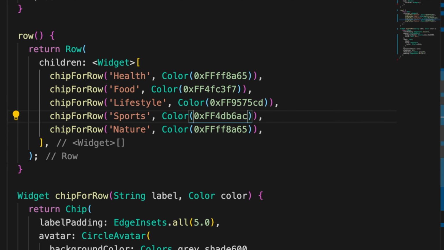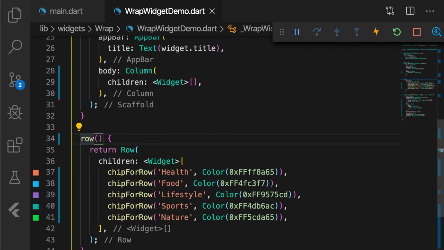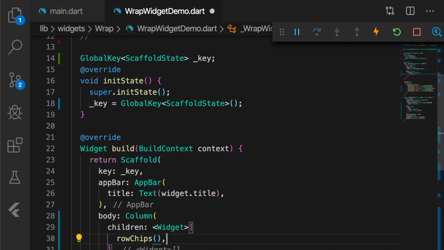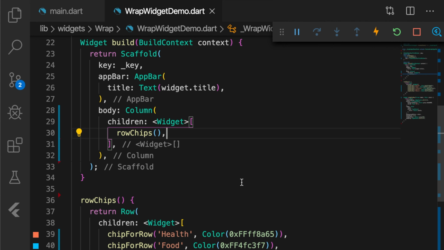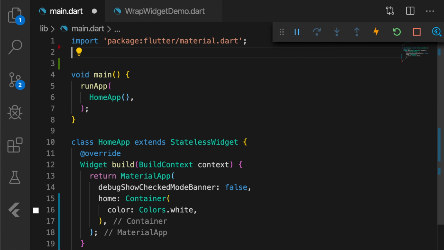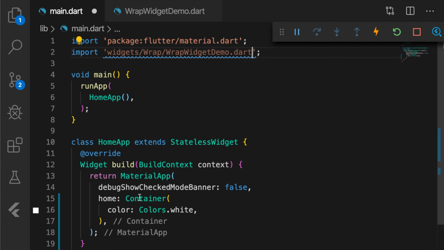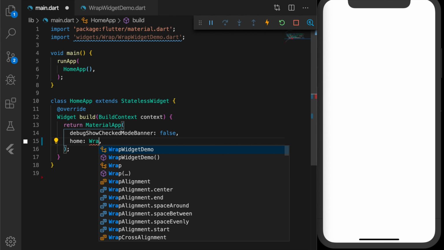Okay, so those are different colors. Let me change the function name to rowChips. Okay, and add it to the UI. Okay, now let's go back to the main.dart file and import the wrap_widget_demo.dart file and replace the home with